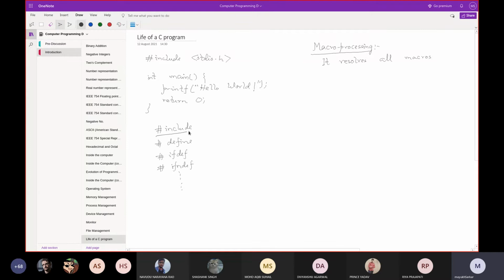As for example, hash include. What hash include does is that it includes the content of whatever you are writing within the angular bracket. In fact, this can be written using double quotes too. This is called a header file. stdio.h, this is called a header file.